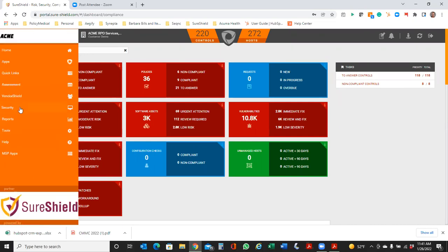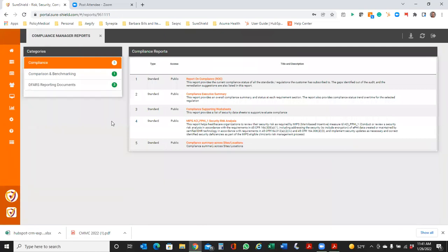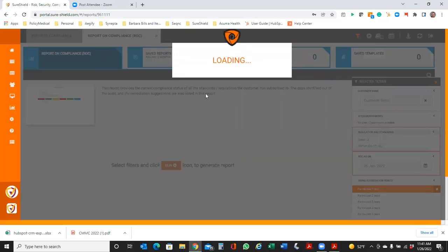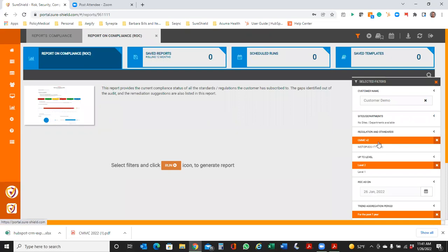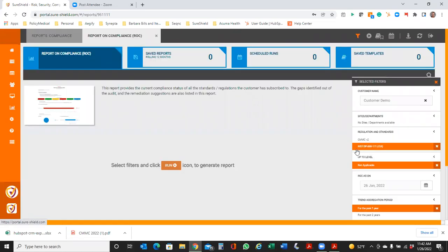But most importantly, in having this information, you then also have the ability, of course, to report on all of this information. So if I were to go into the ComplyShield reports, you'll see that we have a variety of different compliance reports. So again, as I mentioned, this is a continuous process. You can run these reports at any time to see where you stand. So you can see here, I have the ability to go ahead and run this, whether it's on the new CMMC level 2, level 1, or if I want to run a report on compliance from my NIST compliance. All of that is already there and built into the system.